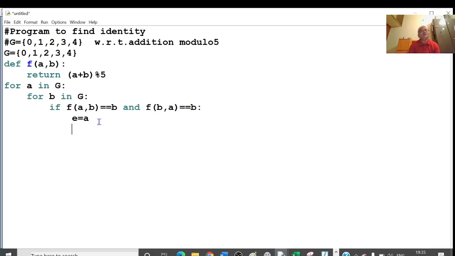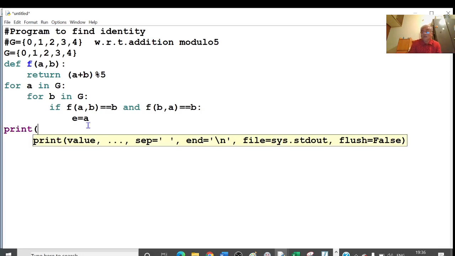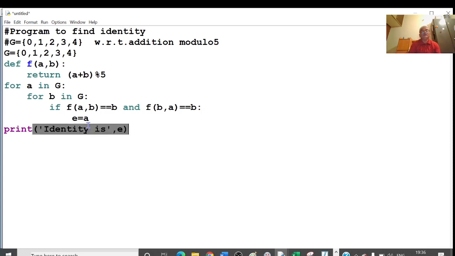Then after getting this E, I will come out of this for loop. Then we write this E. For this we have to give a print statement: print, quote, single quote, identity is, quote close, comma E, because I named this variable E, in which A is there.